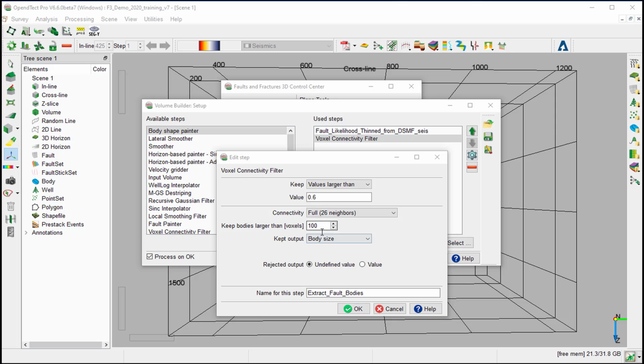Voxel Connectivity Filter creates continuous bodies based on amplitudes of a stored volume. Notice that the voxel is defined as the volume around one sample, and it is linked to the survey bin size and sampling rate. Okay, on the second step,